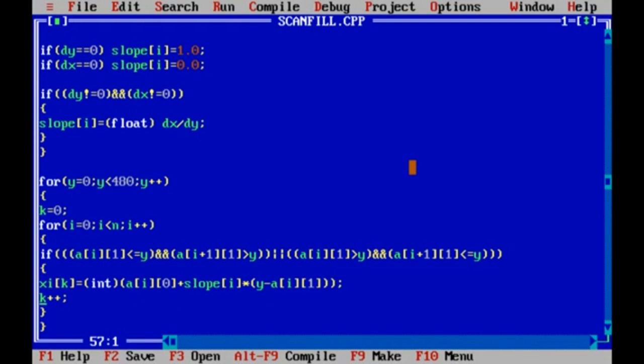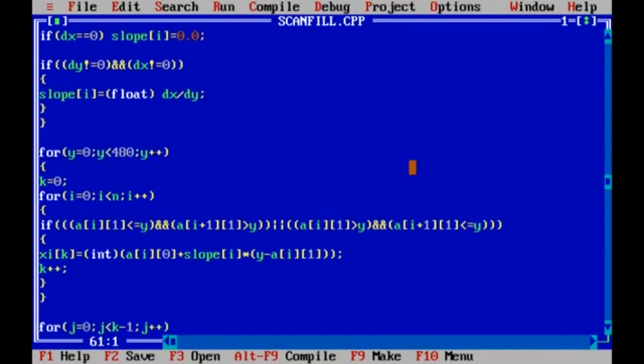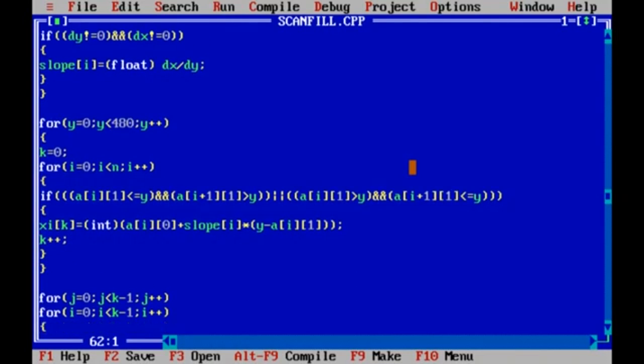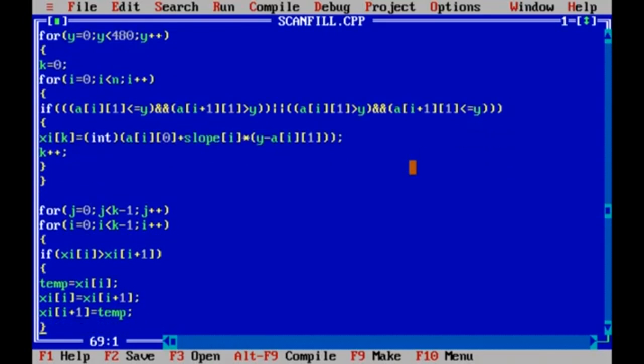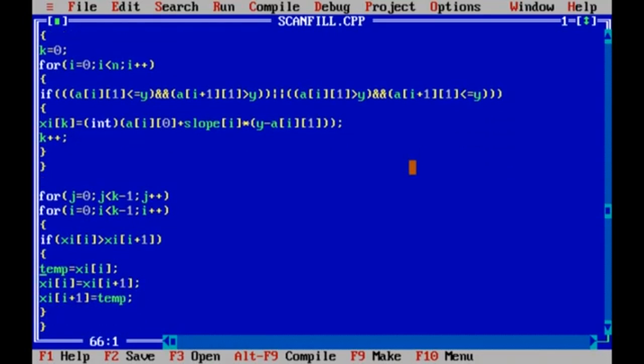For every value of I, there will be a kth value, which is an intersection point. We are holding these intersection values in the xi array. This is a very important step to understand how it actually works.